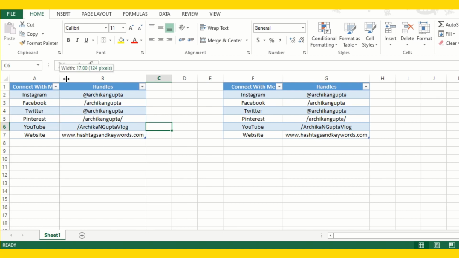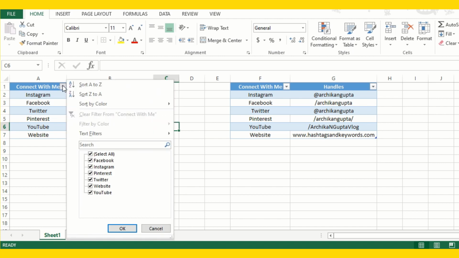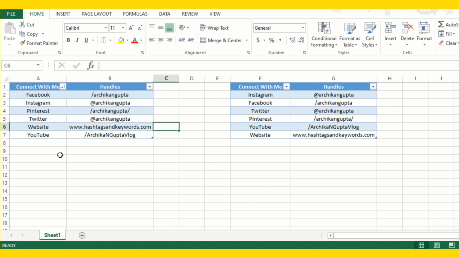And as you might have noticed, there's a little filter icon over here on your headers as well. So you can apply filters from here by just clicking on it. You can sort your data into alphabetical order from A to Z or Z to A. And let's try sorting our data from A to Z, and to do so you just need to click on it once and see how wonderfully it has sorted the data in alphabetical order.